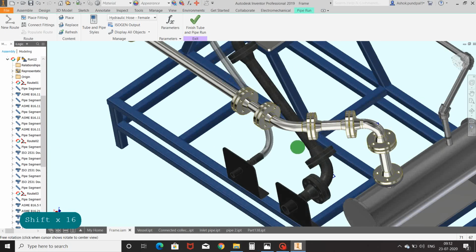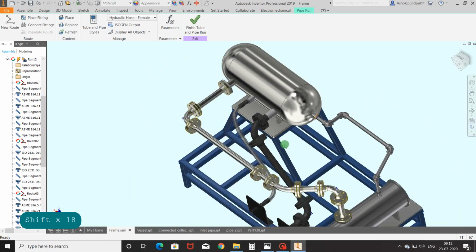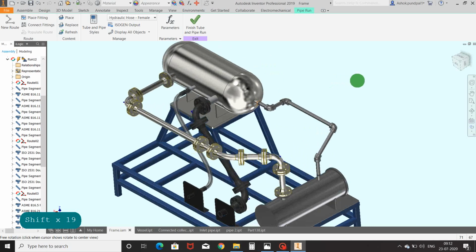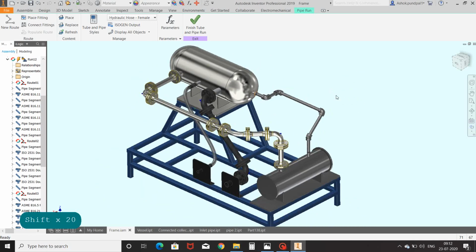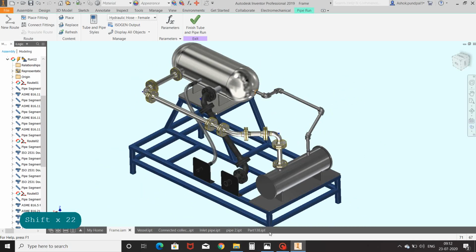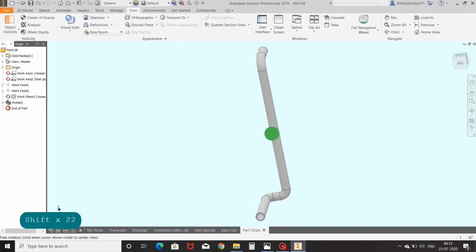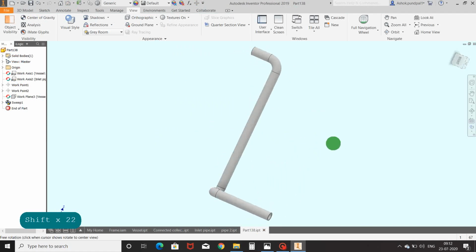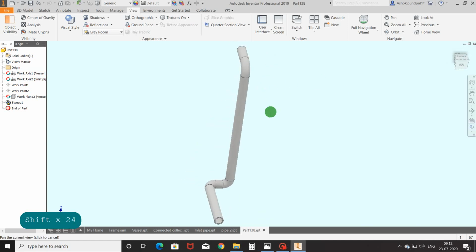You can try other styles. It is the easiest way to design piping and its route. Manually also you can design pipe with the help of 2D and 3D sketch and sweep command, but you have to create and select everything manually.